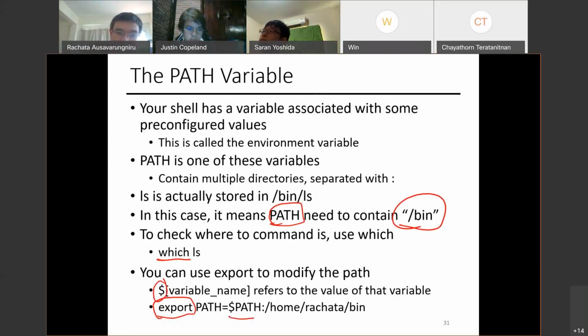What does $path do? It prints the current content of path, whatever path is right now. So it can be /bin, /bin, some other folder. I use the colon here, followed by a colon. Colon means I'm going to add one more directory, and I type the directory I want to add. This means I'm going to add /home/rashada/bin to my path variable. For example,